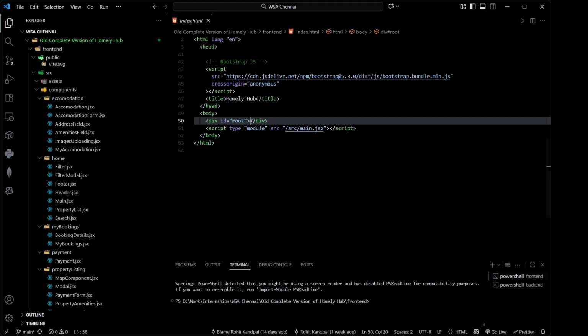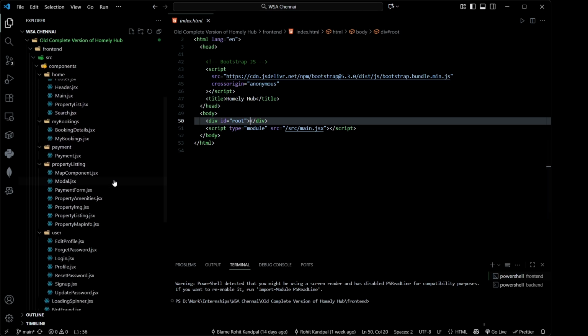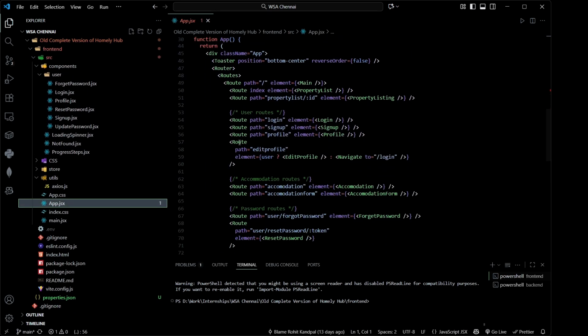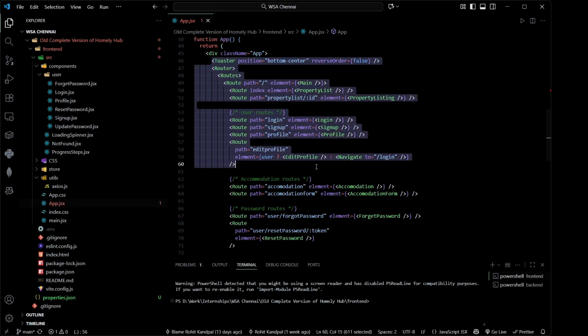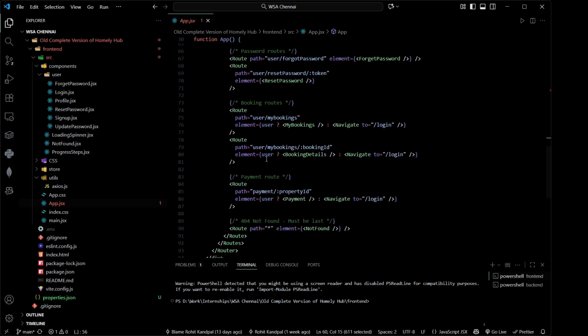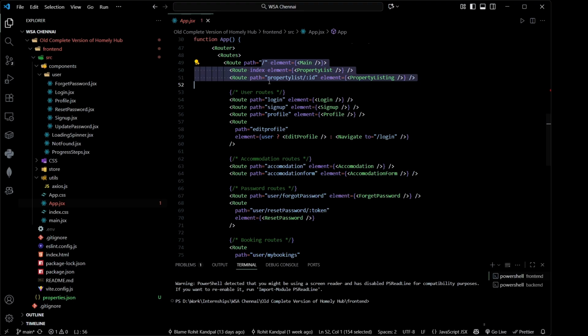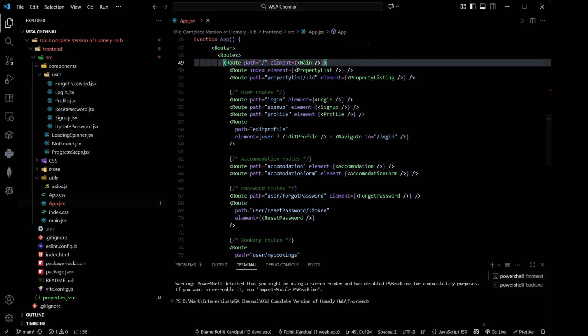So when you open an application, wherever page you are, basically I will show you in the app.js. Yeah, you can see here. See, routes are there. According to the route you are on, basically I will show you later on. So wherever route you are, according to that only,